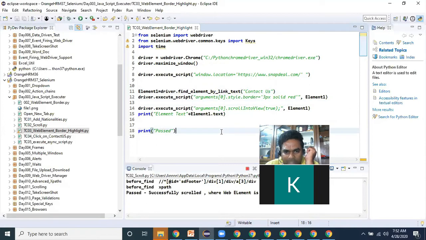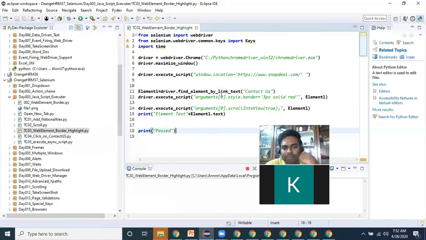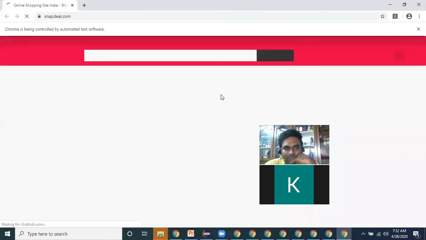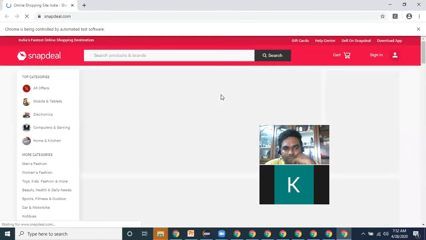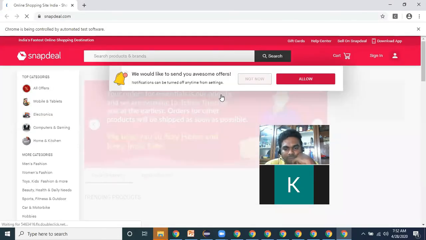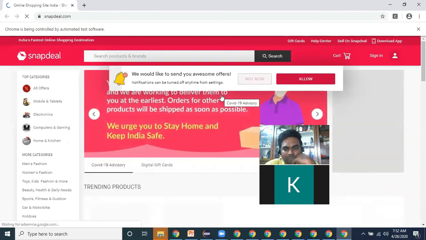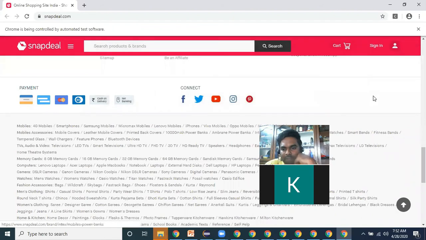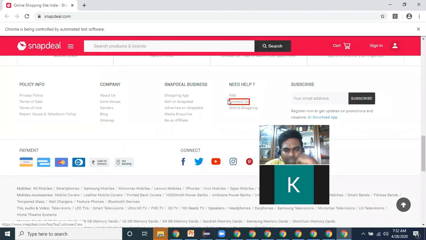Now let's see here. So here this contact us web element border is highlighted.